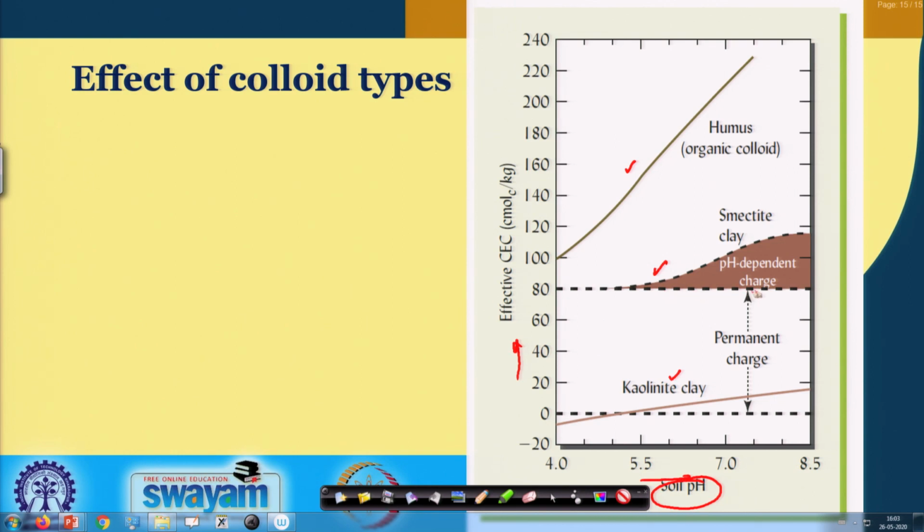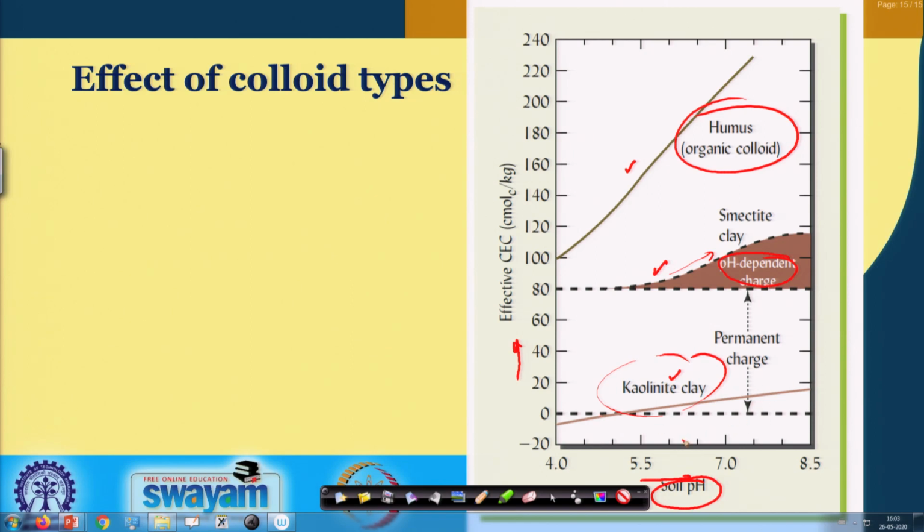When the soil has a higher pH, that means more than 6, then some amount of pH dependent charge is generated in the smectite. So, you can see a slight increase in their effective cation exchange capacity. However, in the case of kaolinite clay and humus, which is an organic colloid, all their effective cation exchange capacity